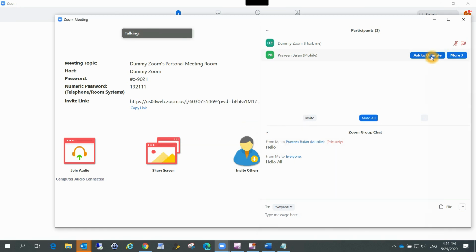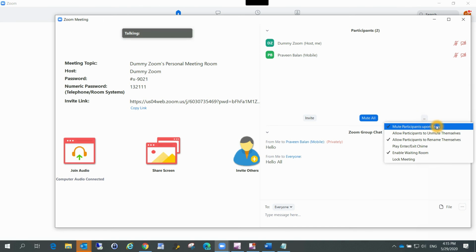So you can actually mute them all. You can also disable the unmute function from the other side. You also can take them out of the meeting if you wish, and you can stop them sharing anything. You can stop them from recording. Those are the kinds of settings that we have seen in the guest access. Whenever they try to share a screen, it was initially not allowed, and then when the host allowed them to share, they started sharing it.